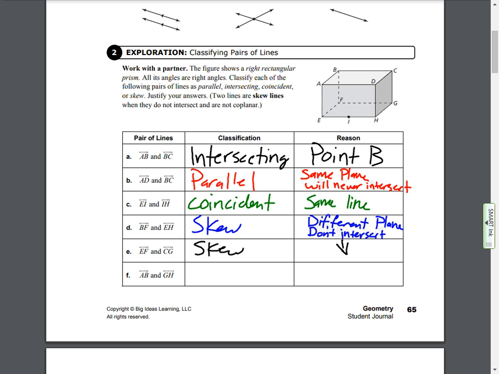Okay, last one. Last one says AB and GH. Look at this one for a second. Those two lines, from the image shown, don't look like they're on the same plane. But these two lines are parallel. And the reason for that, stick with me here, is this: